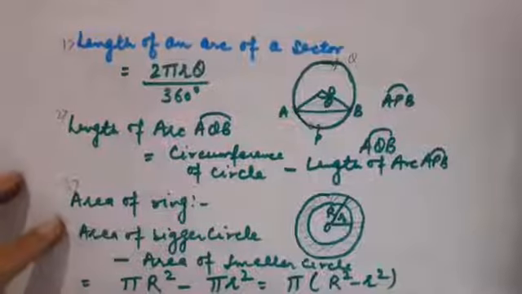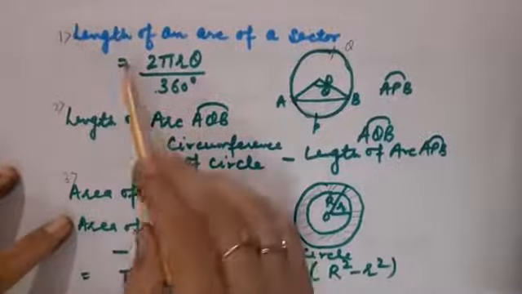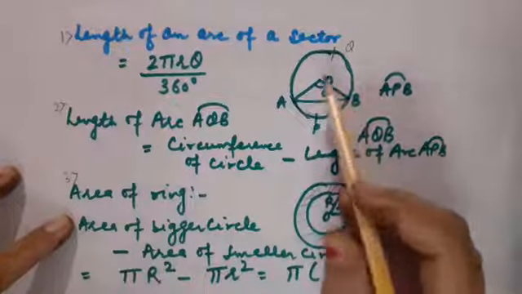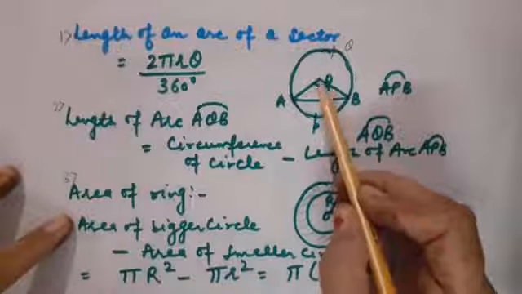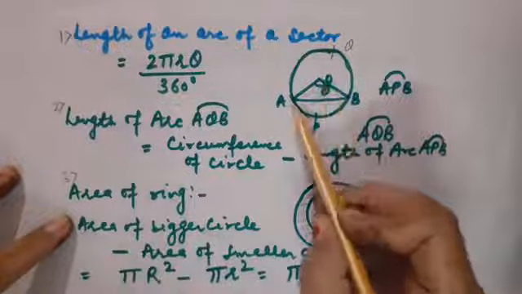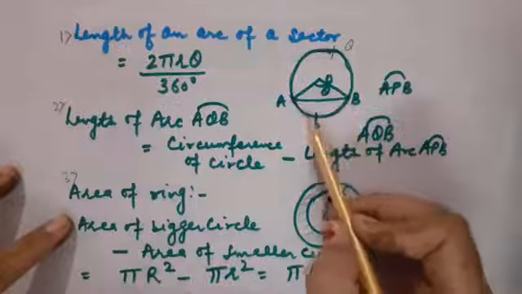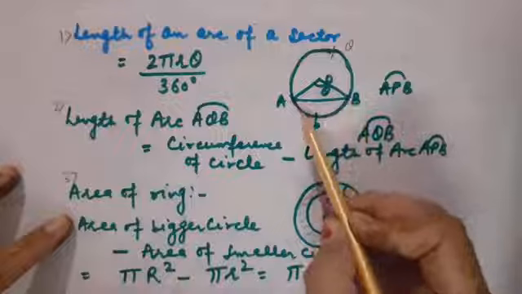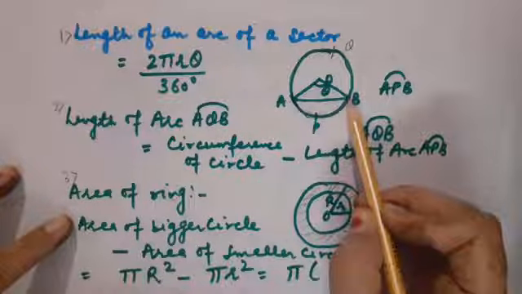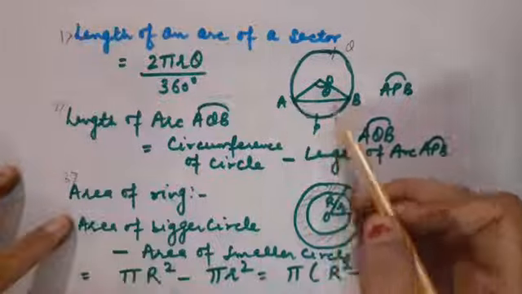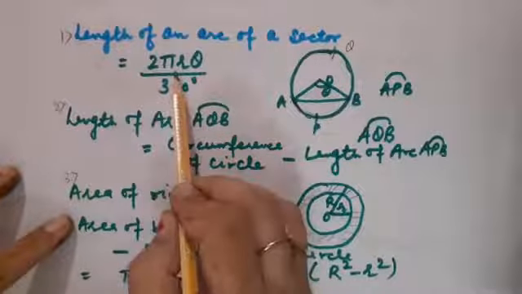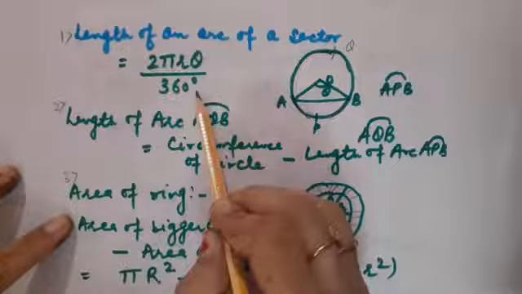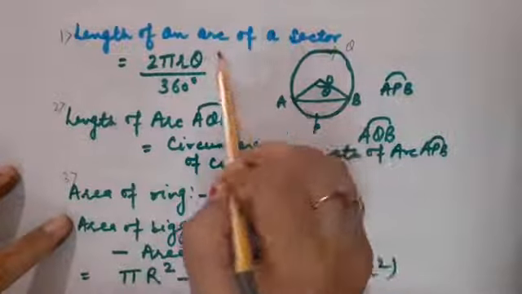Now children, I am going to make you recall the formula of calculating the length of an arc of the corresponding sector. For example, if I am going to talk about the minor sector, that is OAPBO. So APB is the corresponding minor arc. Okay. So how to calculate its length? As you know that this arc is nothing but the continuous part or the continuous piece of the circumference. So we have to apply the formula of circumference first, that is 2 pi r into theta upon 360 degree. Correct? Here theta can be either acute or obtuse angle.